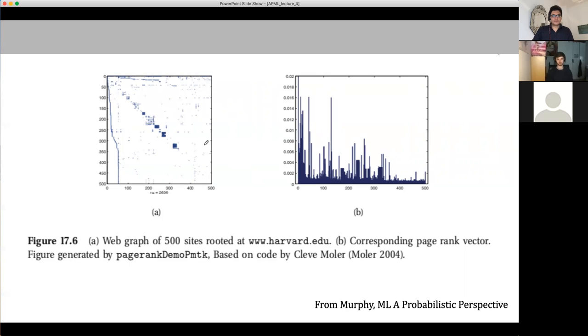And you can plot the structure of this transition matrix, 500 times 500, and also compute the PageRank for those different web pages. Okay, so it's just to get a view on that. So